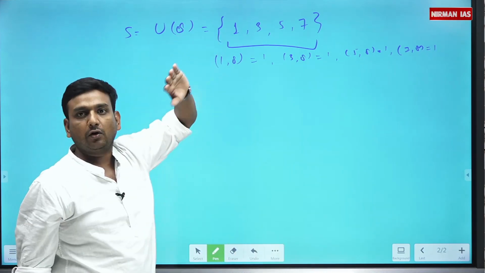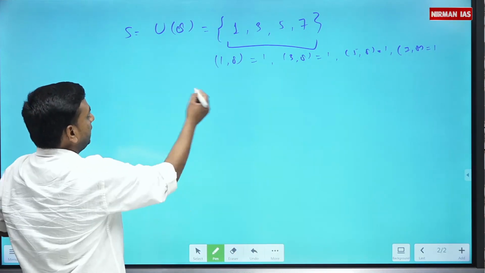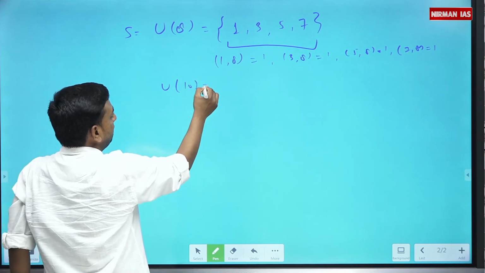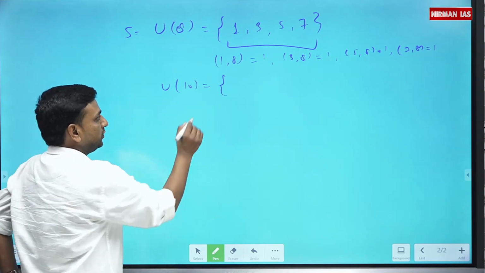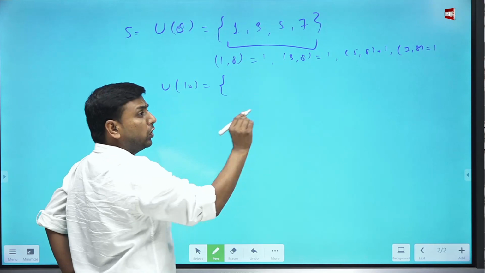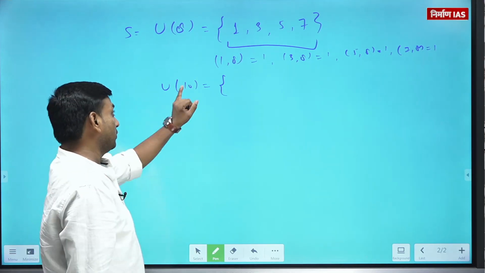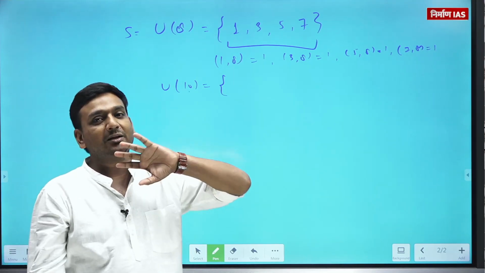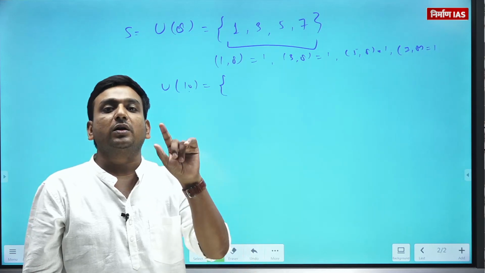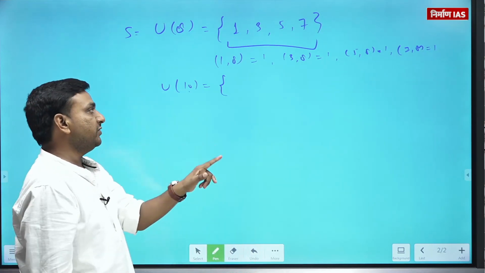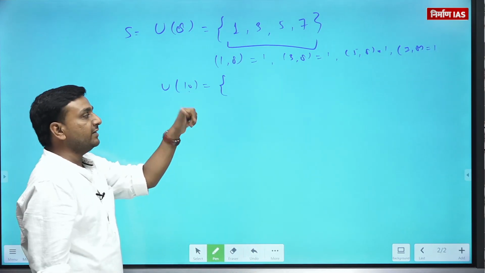This is a very special or famous group. We will discuss it now. For example, somebody wants to write what is U10. So this will be a collection of all relative primes to 10. And what do you mean by relative primes, dear? Elements or integers, positive integers, which have GCD with 10 as 1.